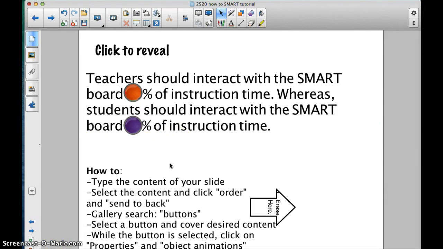One thing we really want you to consider when you are making your Smart lessons is the amount of time you, the teacher, are interacting with the Smartboard versus what the students are interacting with the Smartboard. And here's just an example of an interactive button. When I click on that,